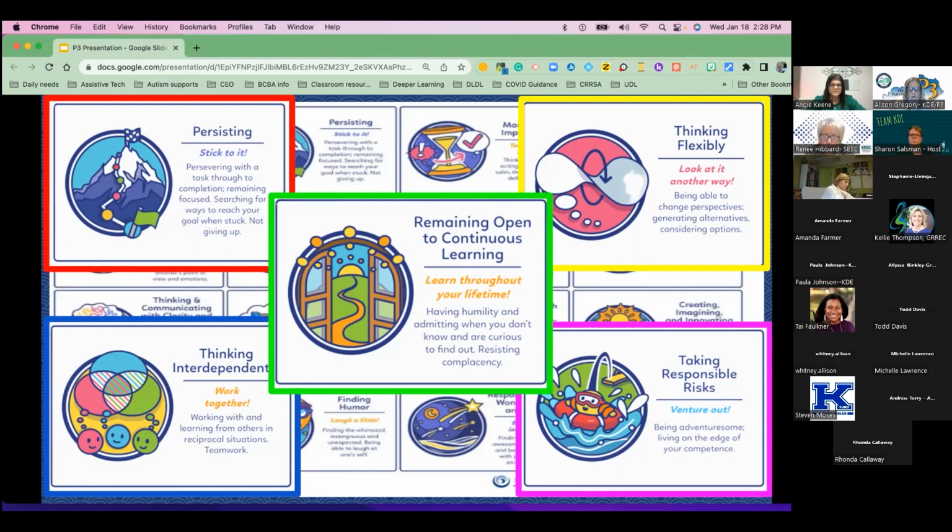Leaders and employers could practice remaining open to continuous learning with strategies such as incorporating topic share time. So providing an opportunity for the leaders and the people in your buildings to get together to share their thinking, maybe a little bit informal situation where everybody just gets together and talks. And we just recently did this here at the co-op. How are we going to improve our attendance in the sessions that we're offering? You know, our attendance is very, very low right now. So we have time to share where we get together and talk about those kinds of topics. We look at new perspectives and information that we can find on the topic.